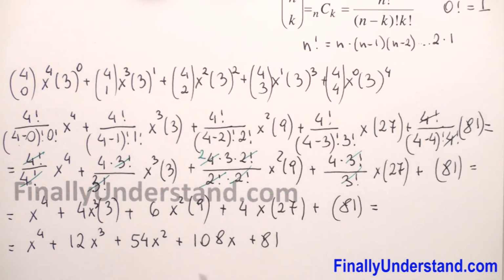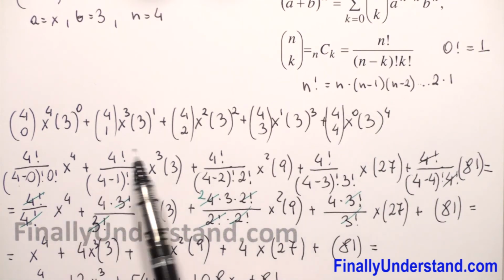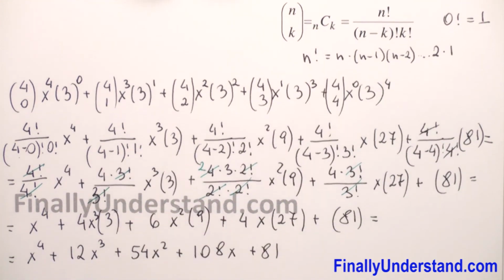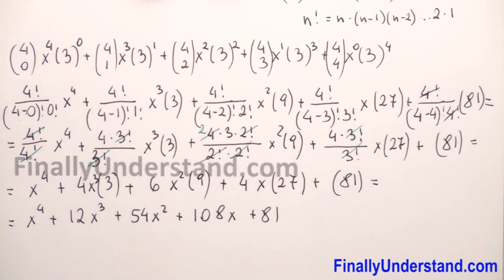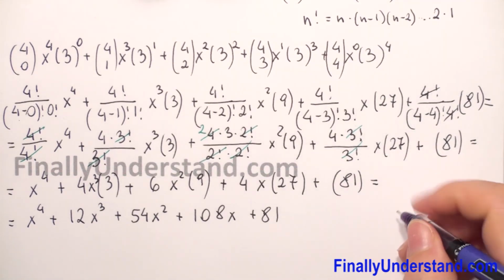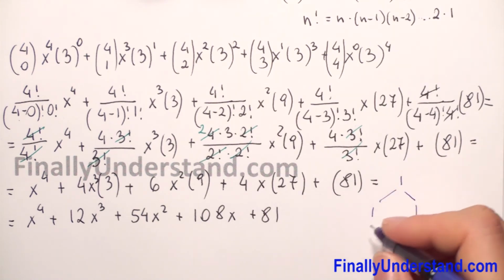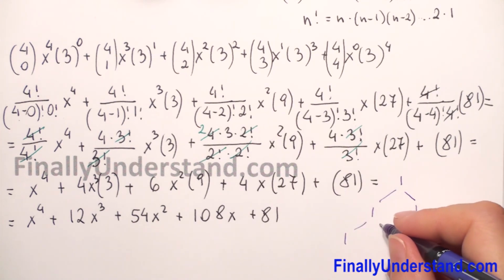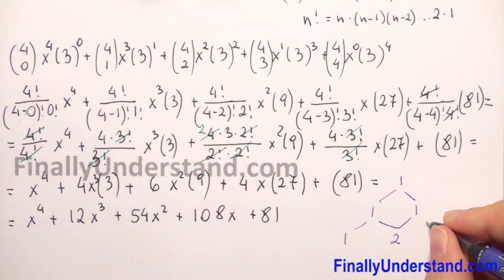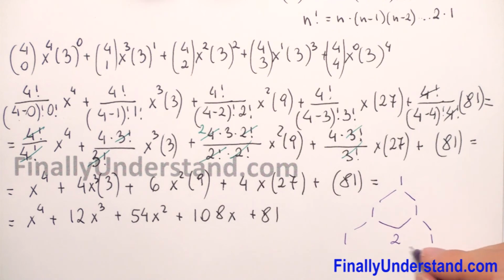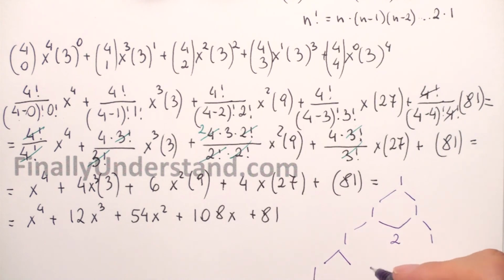Also, to get the coefficient before every term, you can use Pascal's triangle. First, we have to set, we have 1, 1, and next we have 1 again. 1 plus 1 gives me 2, again 1. This is the square of a binomial, the coefficients of the square of a binomial. Next will be 1 again. 1 plus 2 is 3, 2 plus 1 is 3, and 1,